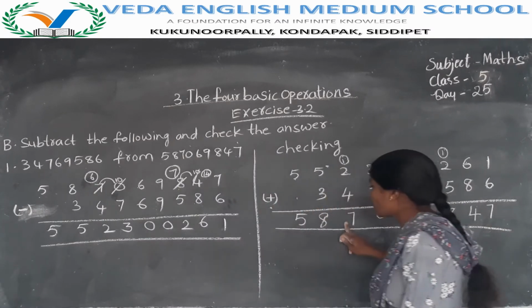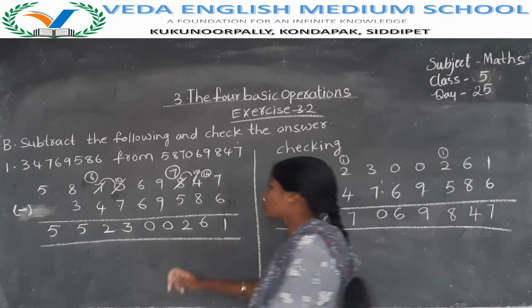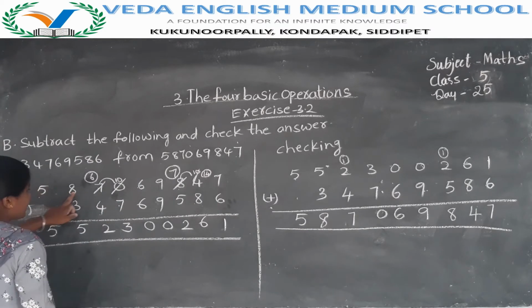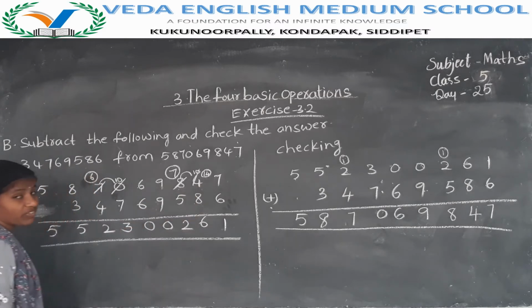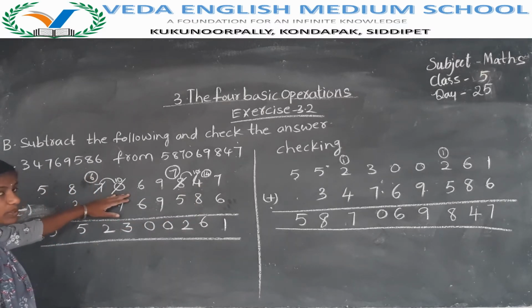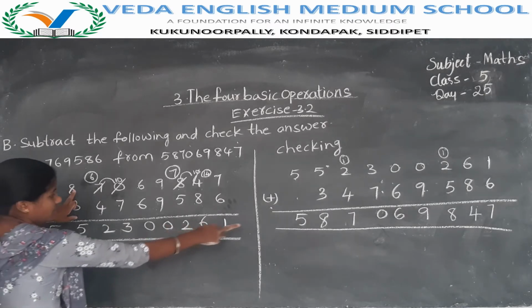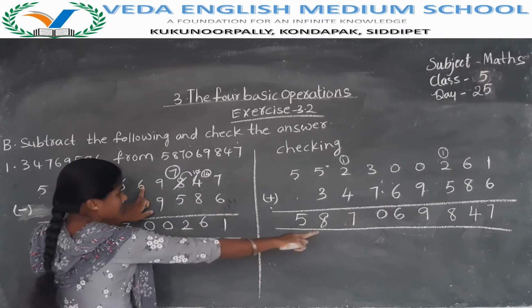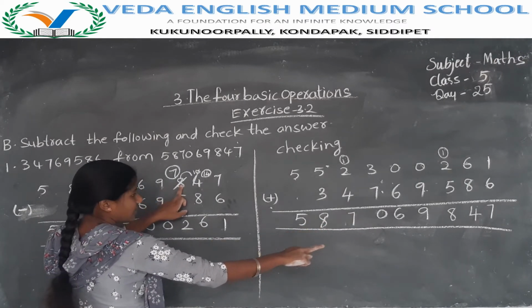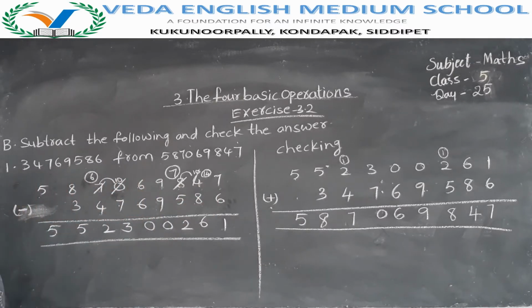After the completion of addition, then you will get the first number. First మనం ఏ నెంబర్ అయితే రాసుకున్నామో ఆన్సర్ ఆ నెంబర్ రావాలి. చూడండి ఒకసారి వచ్చిందేమో. 5 8 7 0 6 9 8 4. This number we have to get. ఈ నెంబర్ రావాలి. ఈ నెంబర్ వస్తే సబ్ట్రాక్షన్ కరెక్ట్, otherwise that is wrong. Now check here. 5 8 7 0 6 9 8 4. So we got that answer. So our subtraction is correct. Understand? Like this you have to do checking.